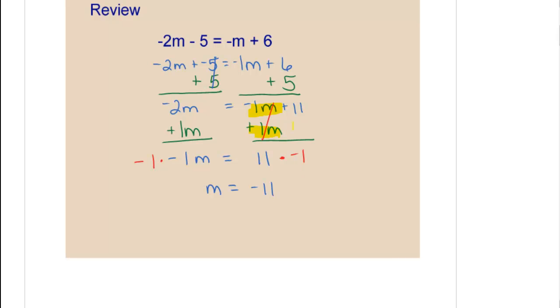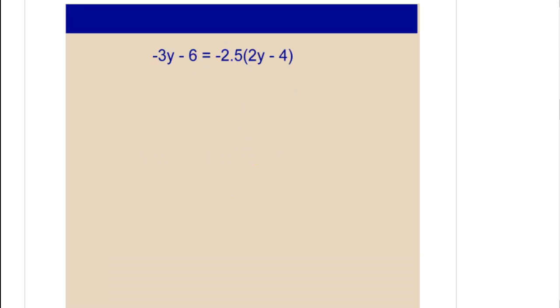As long as you have any addition left, you still keep adding the opposite. The only time that you're going to multiply is when all you have left is multiplying times a variable. That's the only time you multiply. Now in this problem, we're going to be applying the distributive property to all the steps we've been working with,